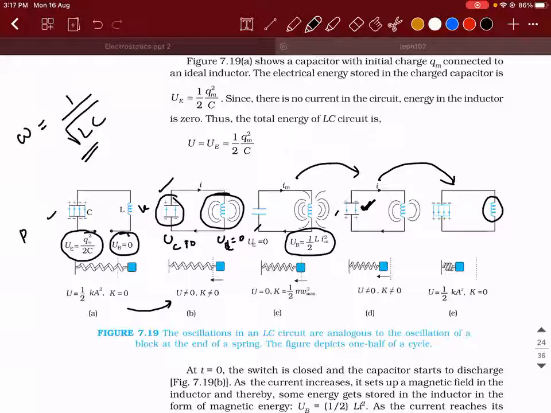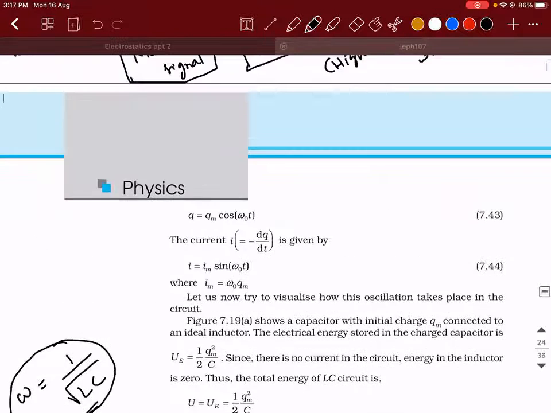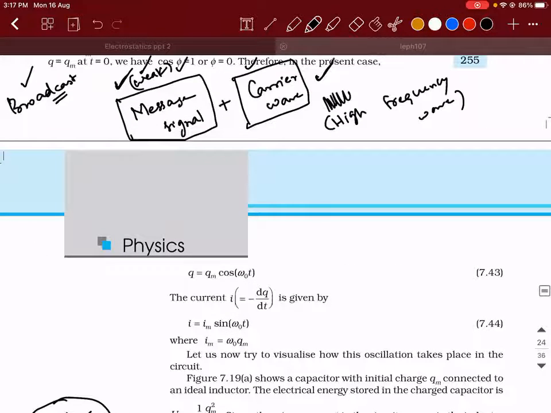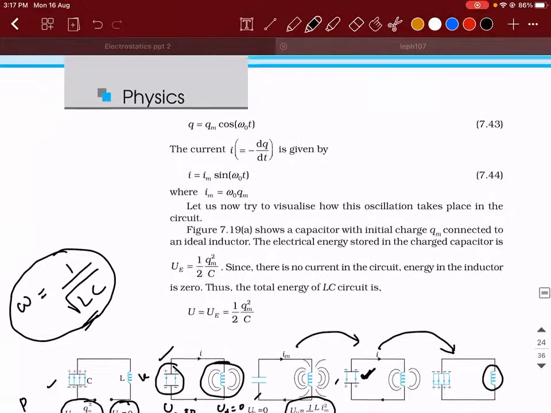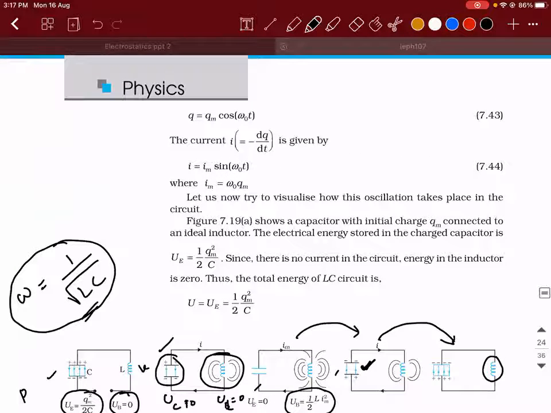When is the circuit said to be in resonance condition? When the current is having maximum value. Whereas here, the frequency of oscillations that will get generated is 1 by root LC, that depends on the magnitude of L and C. I told you about the carrier wave, right? So whatever is the frequency that you require for that process to be carried out, you can adjust the value of L and C accordingly so that you get a frequency of desired output.